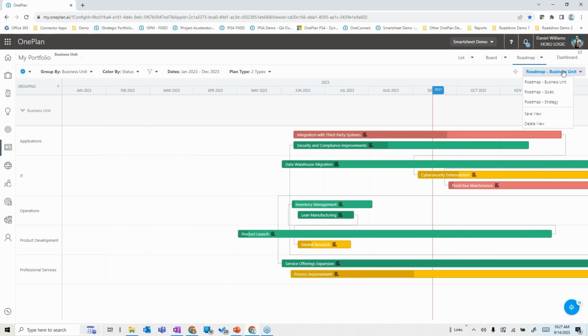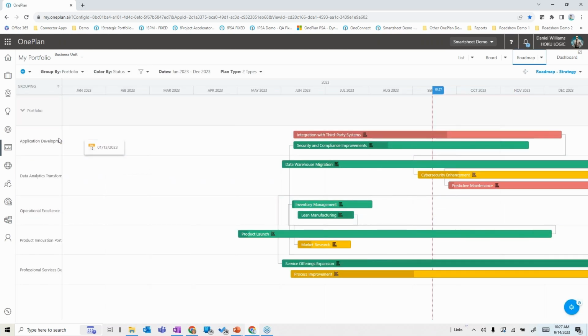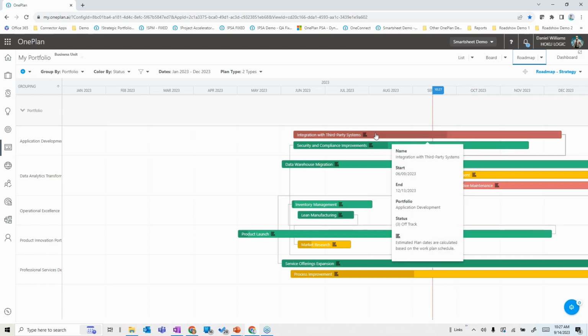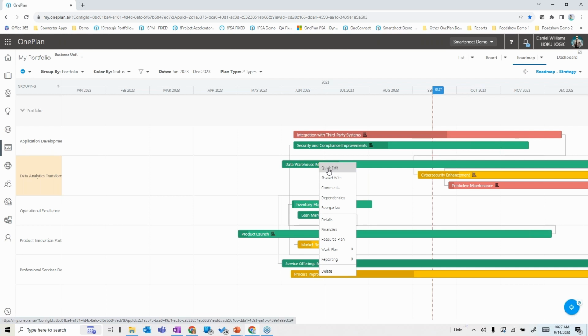If I went into one that was, say, looking at this by goals, this one would actually give me that roadmap view by those goals, shows even dependencies I might have between those different projects or initiatives. And then I might even do this by different strategies that I have. And in this case, I'm looking at individual strategies and how these align and looking at those things there as well. So once again, a roadmap view of the types of things that we want to look at. Now, once again, anything is available here that we can drill into at any given point in time. I can get to that quick edit that I talked about earlier on